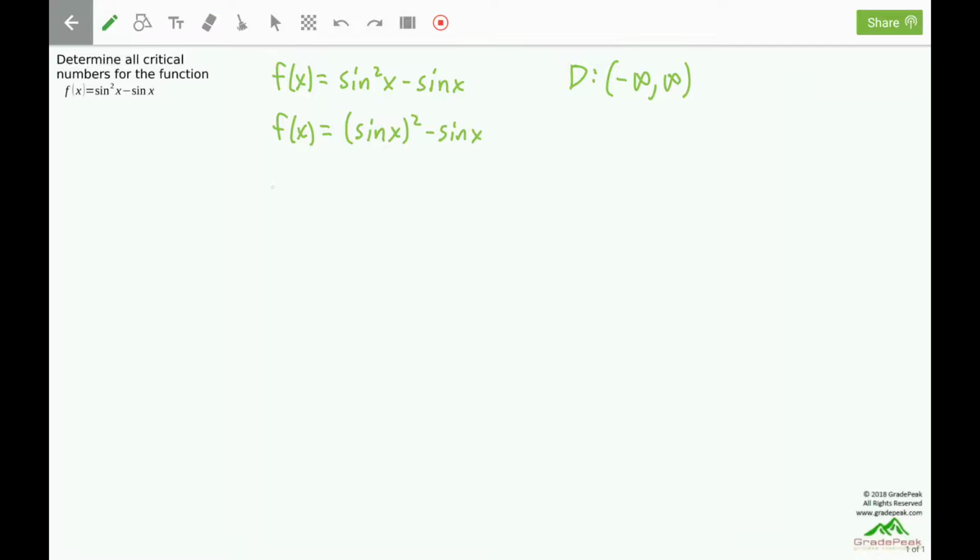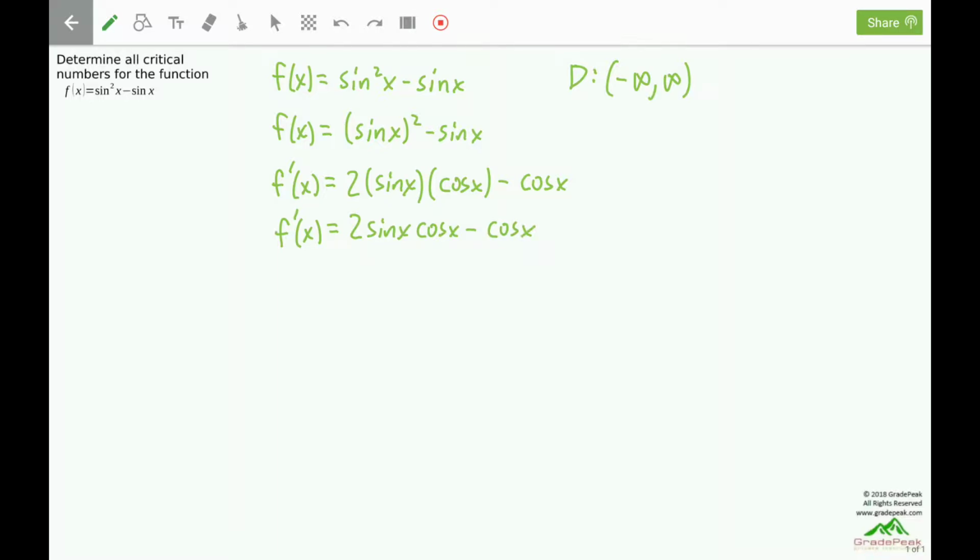The next thing to do is find the derivative. f prime of x equals, the first term is a power rule. Bring down the power. Leave the inside alone, sine of x, then multiply by the derivative of the inside to complete the chain rule. Derivative of sine is cosine. Minus the second term, derivative of sine is cosine. So the derivative f prime of x equals 2 sine of x times cosine of x